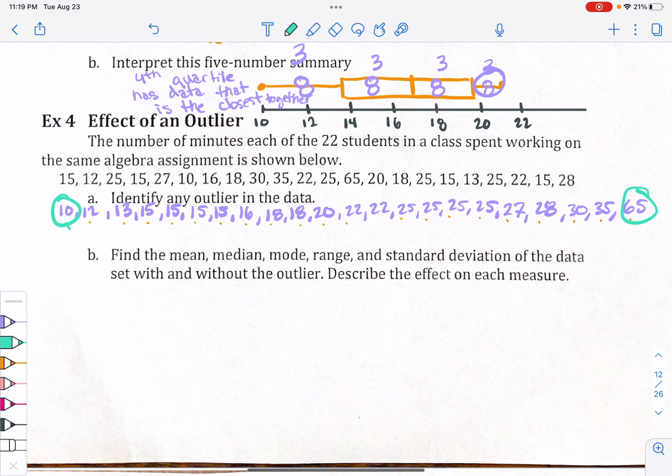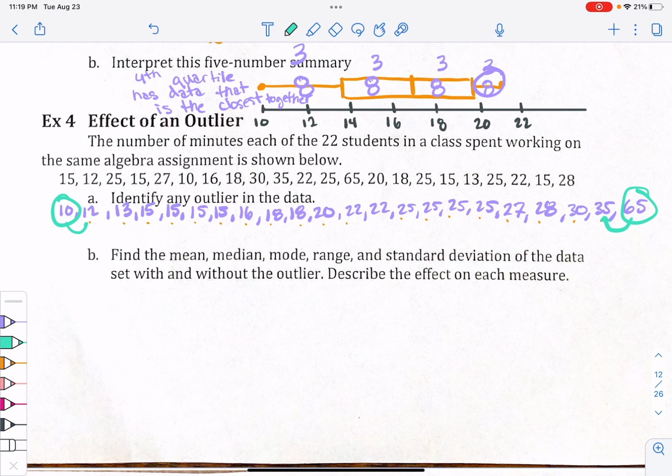Now 10, the next closest number is 12. Those are pretty close together. But 65, the next closest number is 35. So I'm going to say that 65 is an outlier because it's way far away from the rest of the data. You see outliers, hopefully not all the time, but if you're typically